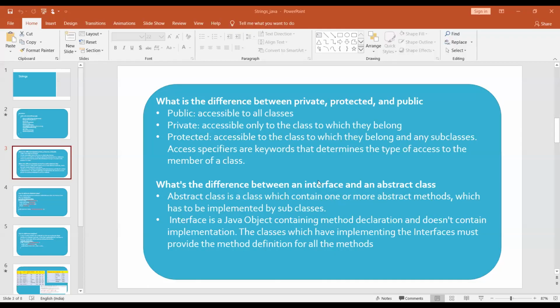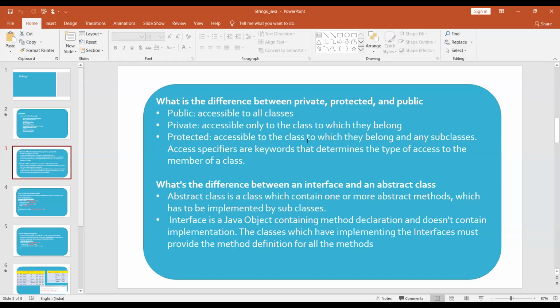What is the difference between public, private and protected? Public must be accessible anywhere; all the member functions and variables we can access. Private can be accessed only within the class it belongs to. Suppose the class name is FirstProgram, then we can access the methods only in that class.